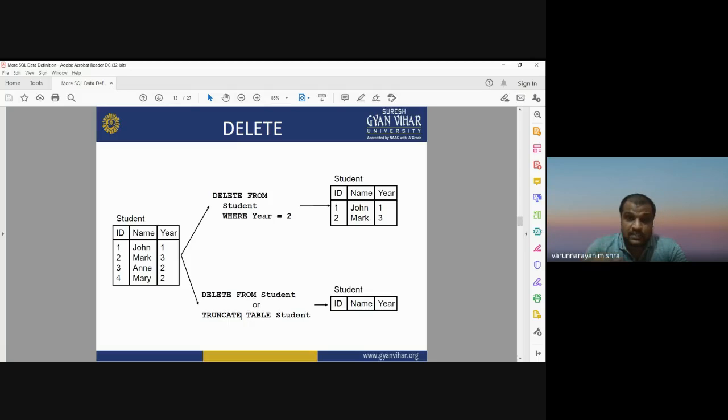But in the delete command, if you run it without specifying the condition, without specifying the row number or column number, it will completely delete all your records, and you cannot recover them because there is no option for undo. So this is the delete command. The delete command is very important, but you have to be very careful when you run it for your database, for your structured query language. Now moving to the next slide.